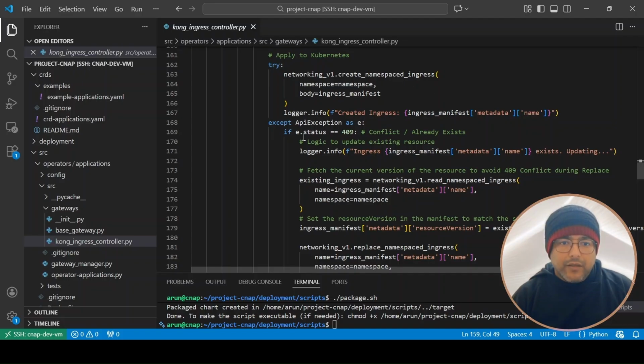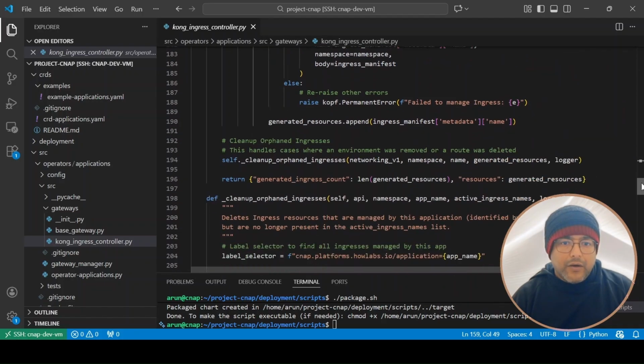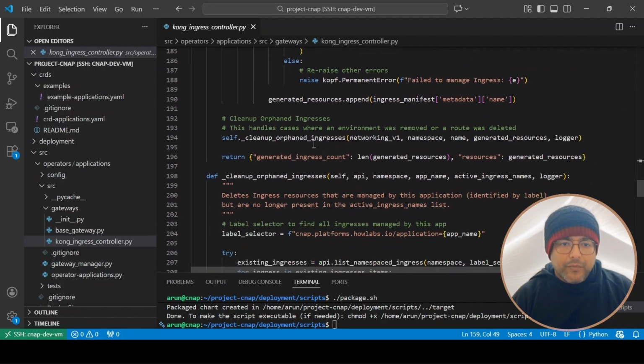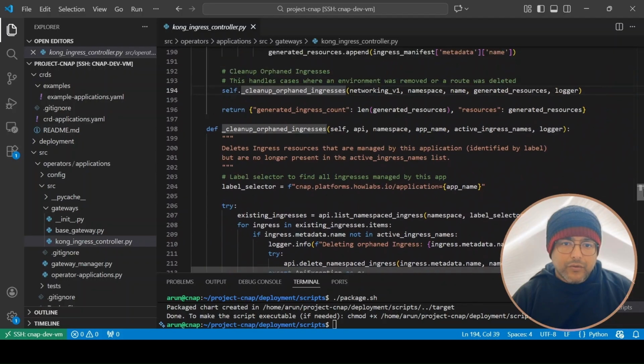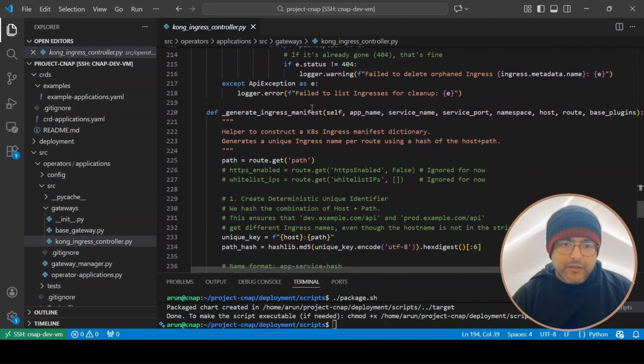So after that, there is some exception handling, and then after that there is some cleanup code. So basically, this is for the case where if there is some environment which was there earlier and now in the update we are removing that environment. So anything which is corresponding to that environment should be cleaned up. So this particular method is doing it, and so this is the method implementation, and this is the implementation of